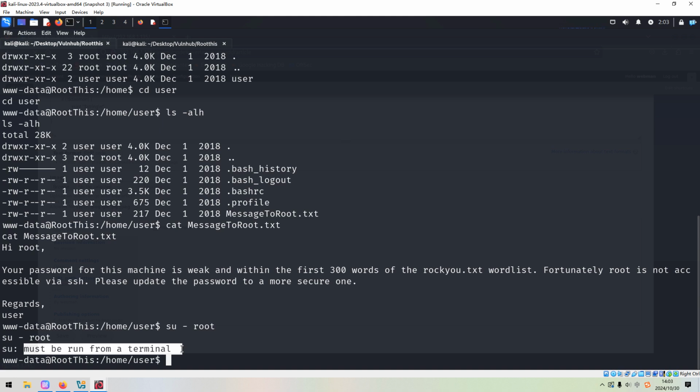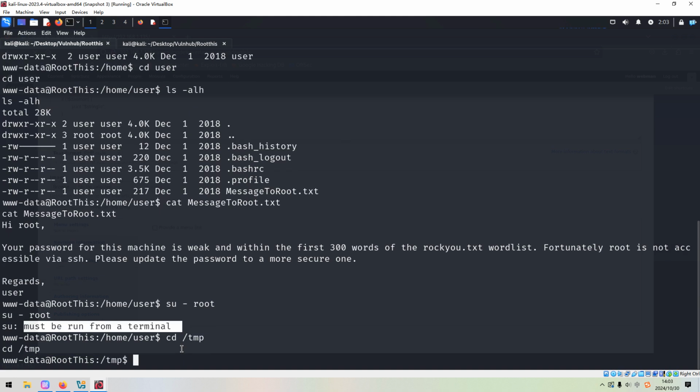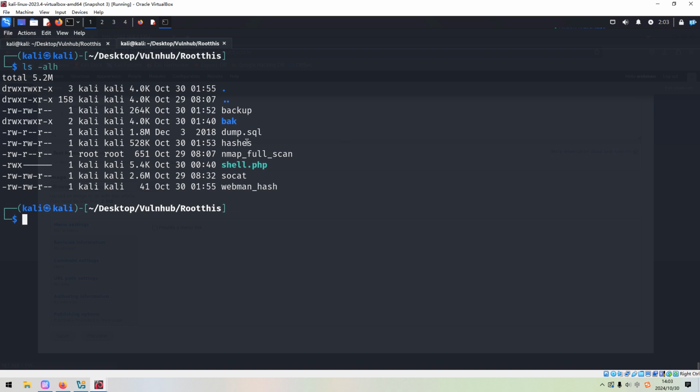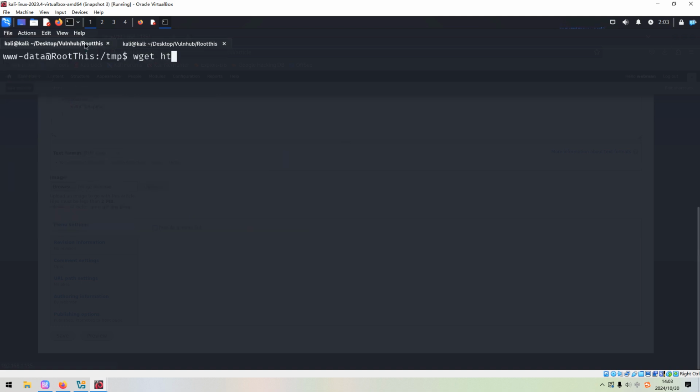So how to do? Next, I think we need to utilize the power of a very important utility, Socat. Socat can help us to set up the relay, okay, or the tunnel. And we can go to the temp directory. And I've already got this binary or utility ready. Yeah, this one. You can get it from GitHub, not difficult. And in order to upload this binary to the target, we can set up the web server on the Kali Linux. And now we can go back, use wget to upload.